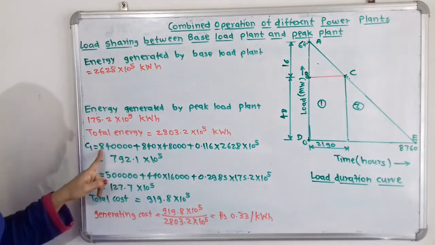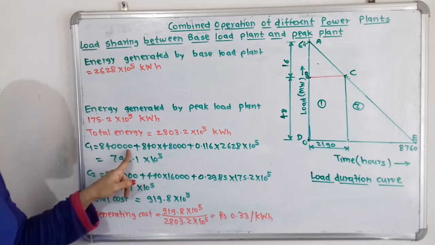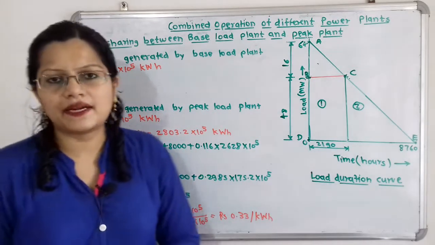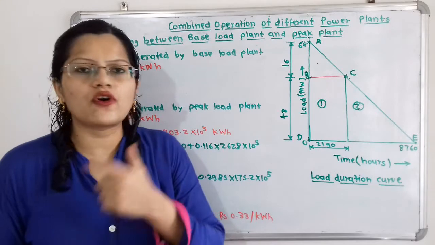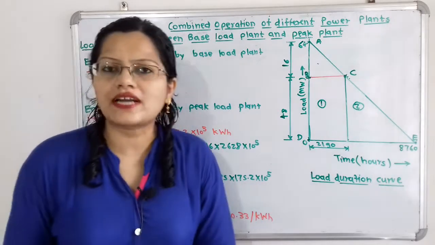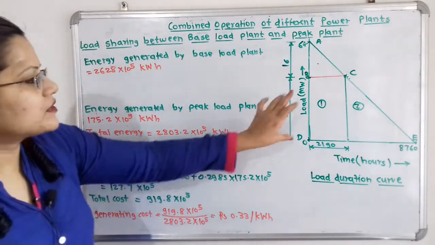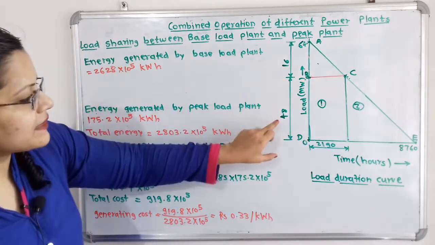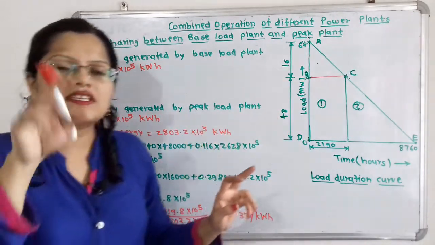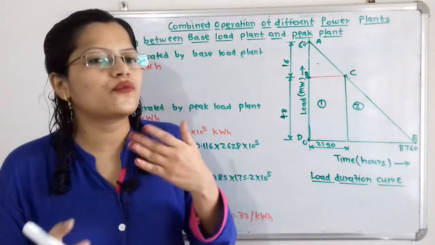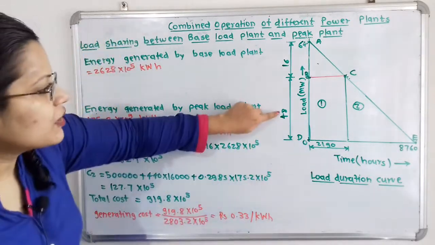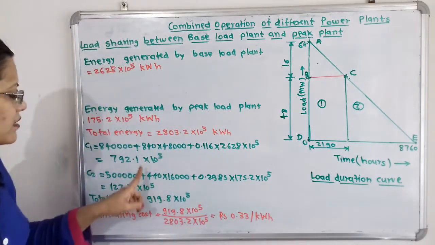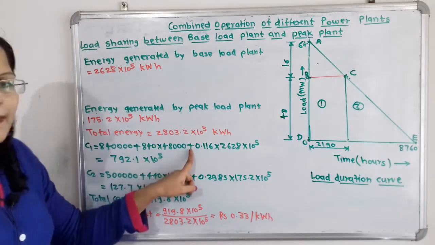So we will take here 8,40,000 as it is plus 840 multiplied by kilowatt, that means installed capacity. So if we observe for the base load plant, this is the installed capacity in kilowatt, because there kilowatt is mentioned, so we have to take in kilowatt. So it is 48,000 kilowatt. So we will multiply here with 48,000 plus